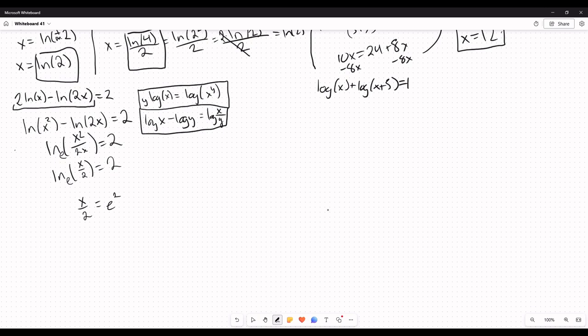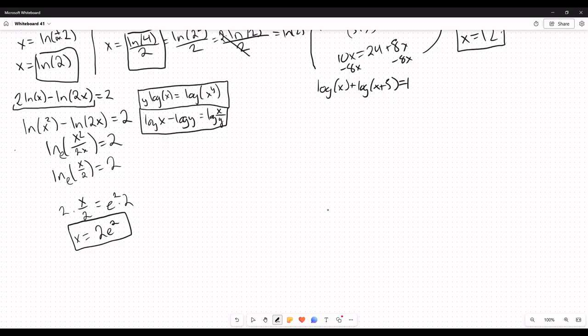Last but not least, I have x over 2 equals e squared. I can just multiply both sides by 2, and I'm done, getting x equals 2e squared. Again, let's check. Does that make any of these negative? No, it does not. We're good. So,